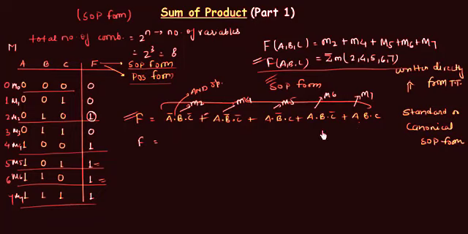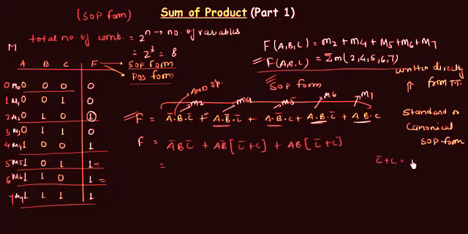So let's do it. In the last two terms, you can see AB is the same, and in these two terms you can see AB complement is the same. So I can write it like A complement B C complement or AB complement, taking it as common from the distributive law, and we are left with C complement or C. From here I have AB, and in the bracket I have C complement or C. Now you already know C complement or C is equal to 1. So I have A complement B C complement or A B complement, and from here I will have AB because this is 1.